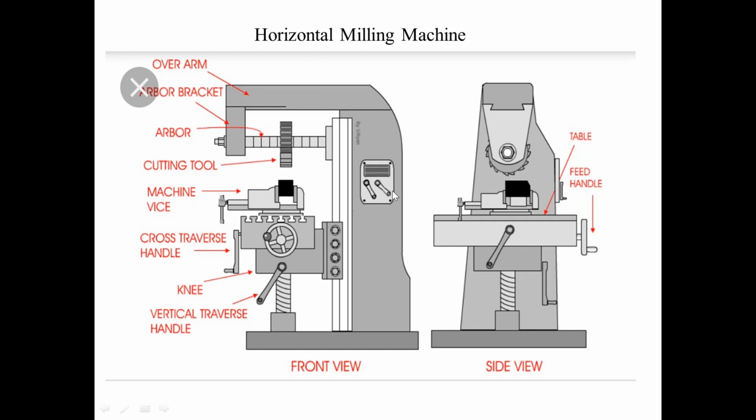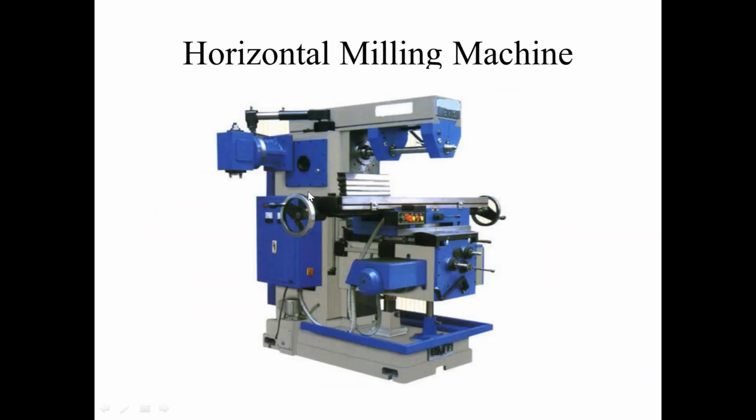So this is the horizontal milling machine, and these are the different elements of a horizontal milling machine. And again we have a work table here, as I have said, and this is the feed handle. How are we going to feed? Whenever you rotate this handle, we are going to feed the workpiece to the tool. This is the front view, and this is the side view. You need to draw only a 2D figure. Only one figure is enough. You can draw the front view in the exam.